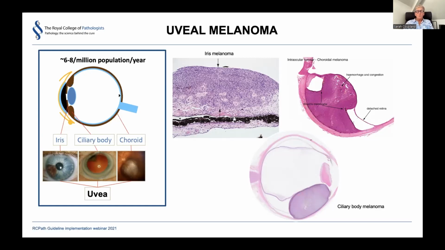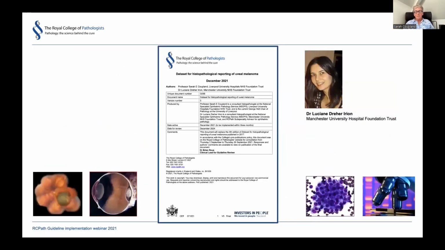So uveal melanomas are distinct from their cutaneous cousins, and they typically metastasize in approximately 50% of patients to the liver. So when we're reporting uveal melanomas, we're also highlighting particular features of these tumors, which reflect the degree of risk of metastasis. So the 2021 guidelines or data set for histopathological reporting of uveal melanomas was drawn up